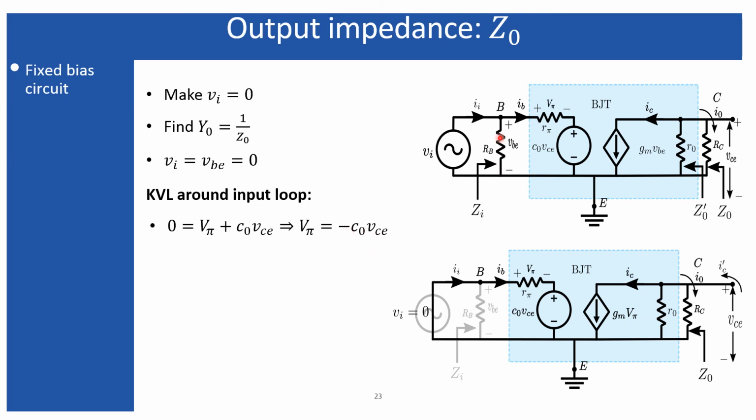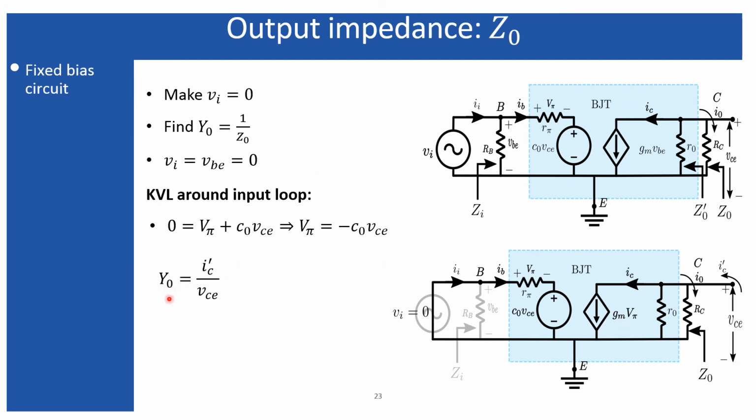Therefore, although Vb is equal to 0, V pi is not equal to 0, and that includes the voltage across Vc times C naught, which is due to the early effect. So right now this current source will be defined as Gm times V pi. Yes, obviously, if you consider zero early effect by considering C naught equal to 0, then V pi also will be 0, and then this current source will be 0 also. But right now, this current source will be driven by this voltage, so this will be represented as Gm times V pi.